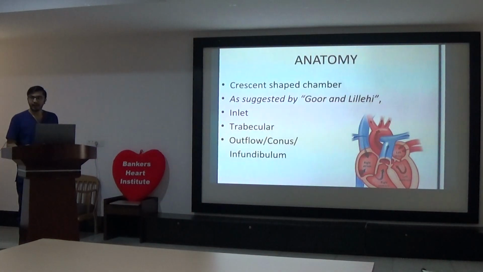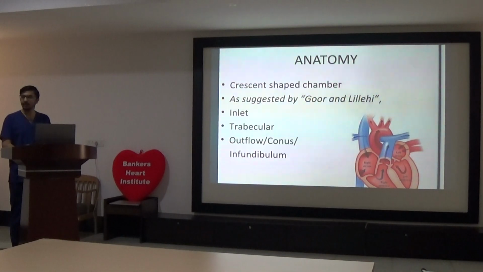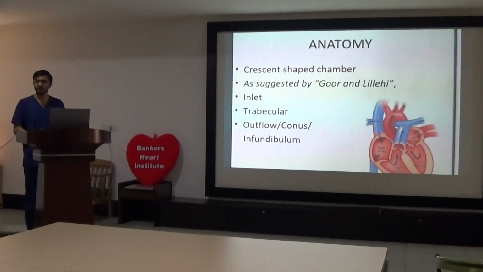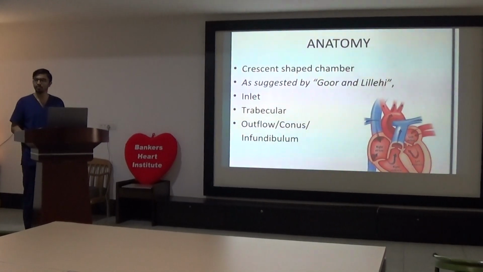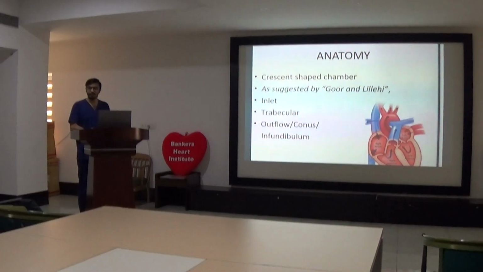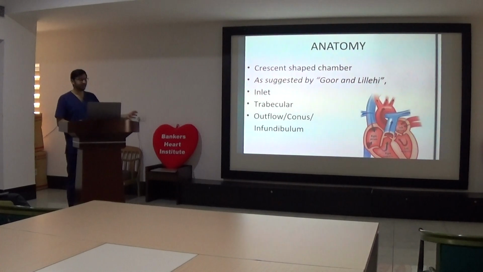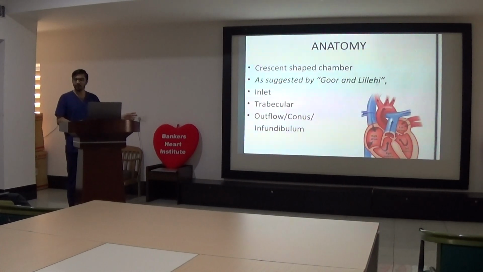So, this is the anatomy of the heart. Basically, the right ventricle and left ventricle, but in clinical echocardiographic assessment, the RV is less studied because of its structure and parameters, like the crescent shape of the right ventricle. The right ventricle is situated behind the sternum. Basically, it is the anterior and inferior basal portion of the heart.